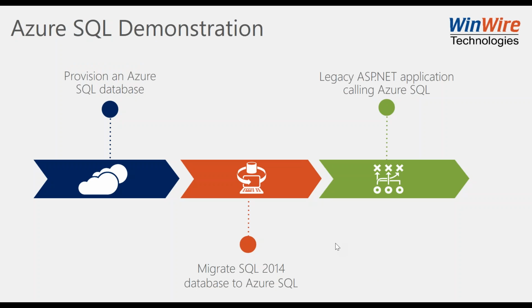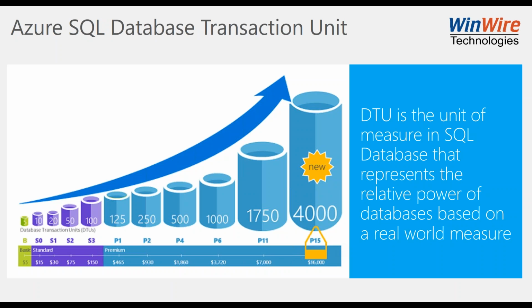because I want to talk about these different features that are available, right? So this is the basic database transaction unit, and it's the way that Microsoft defines how scalable your database is, right? And so, for instance, we just looked at the $5 a month SKU, and that is showing you that it is the basic and that it can handle 5 of these, right? So you can scale out now. So for instance, and this pricing is approximate, right? I want to emphasize that, right? Use the pricing tool because of the snapshot that I took, right? This pricing is ever changing, but basically you can scale out to 4,000 of these things at $16,000 a month.